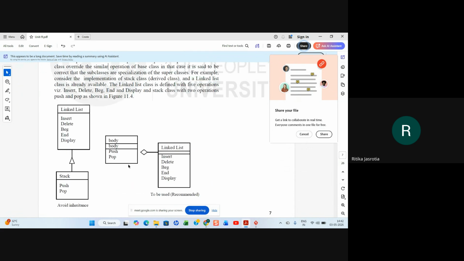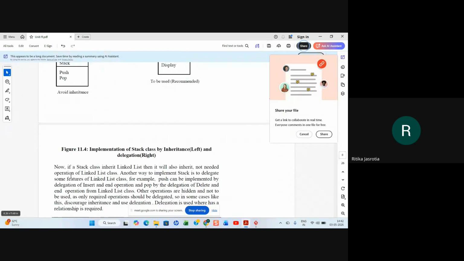So what they are saying is, instead of this kind of inheritance, we can do delegation. So what is delegation? It is a kind of aggregation, they are saying; they have used the aggregation symbol. That means from the linked list, the stack will have the operations. How can the push operation be implemented?